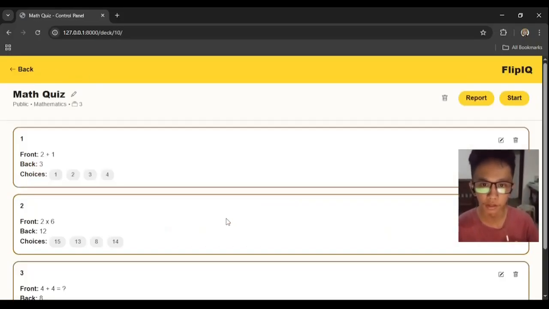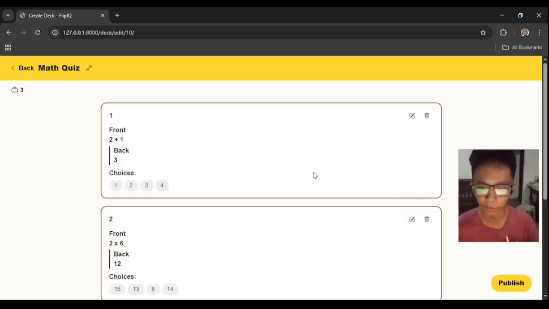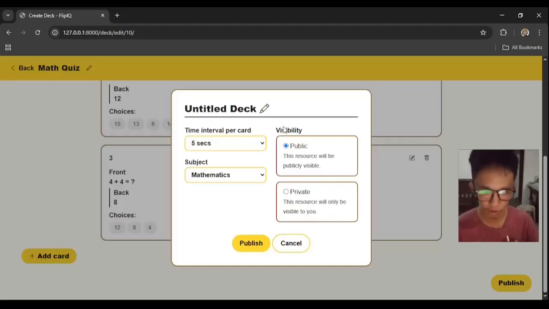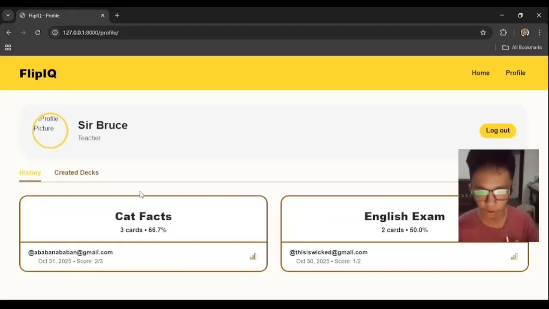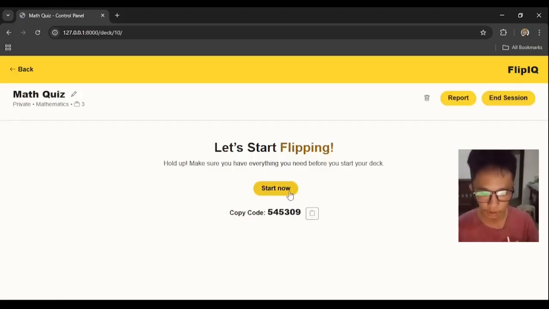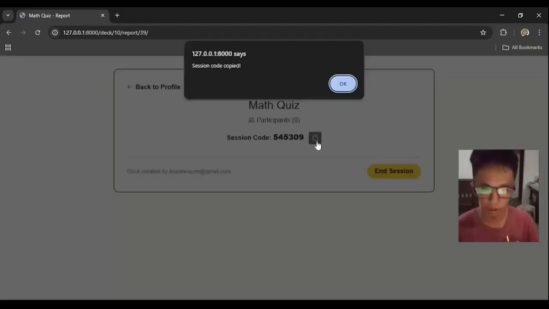To demonstrate playing via private, I will change the visibility to private. It's right over here on the publish, changing the visibility to private. I will change the time interval to 30 seconds so I have time to explain it. I will publish it, start the deck, and start now. I will copy this code since I cannot join via home. I have to join via code on the join button. Now copy this